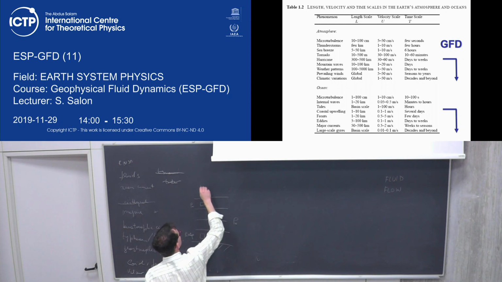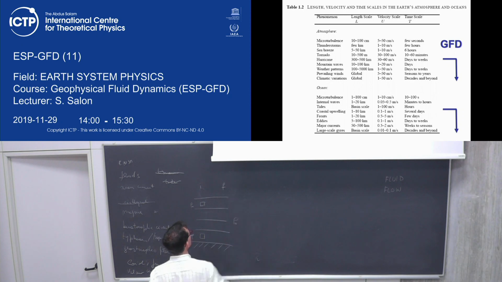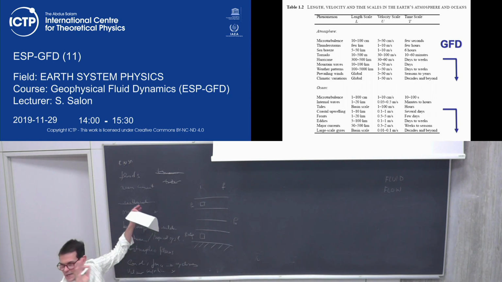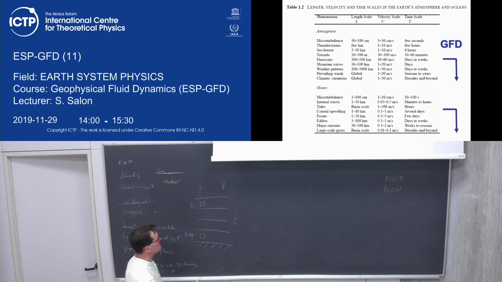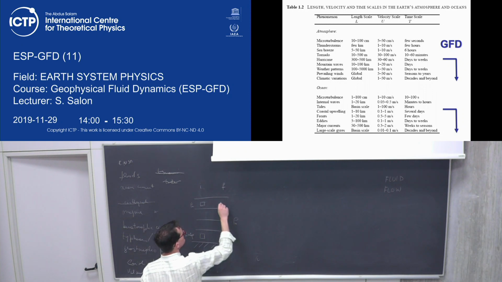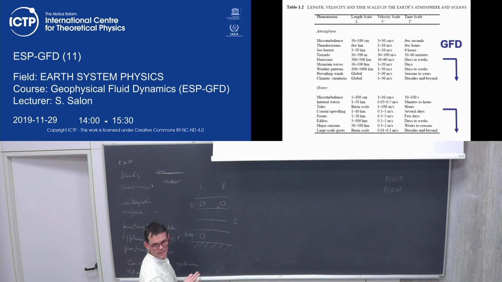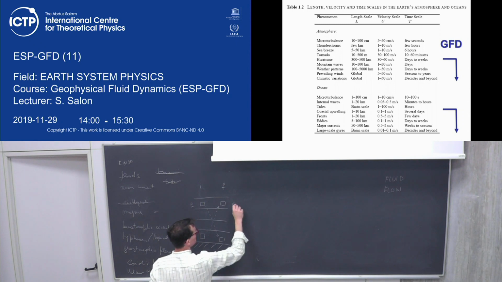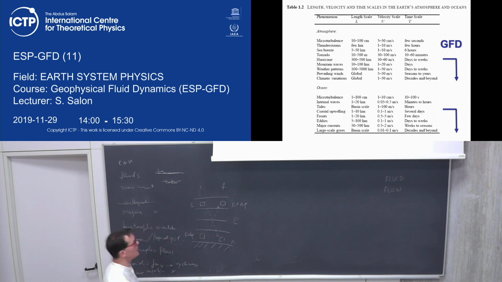So this is the initial situation. In the final situation, for some reason something happened, some mixing, let's say. This parcel here has been displaced here, and this parcel here has taken the place of the previous one. So we have the reverse situation. Most of you have already studied physics. So what happened from this situation to this situation?